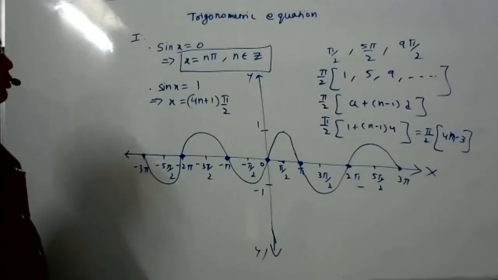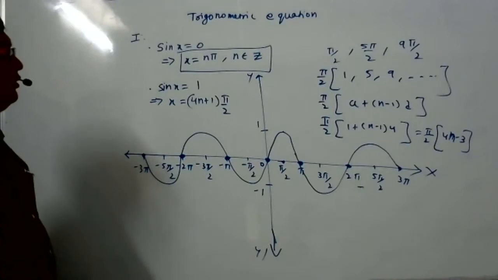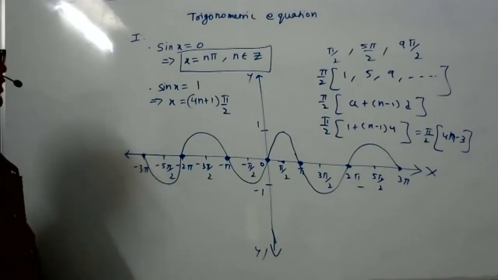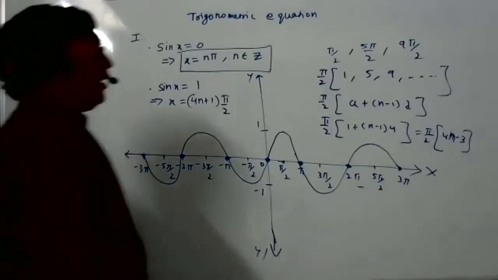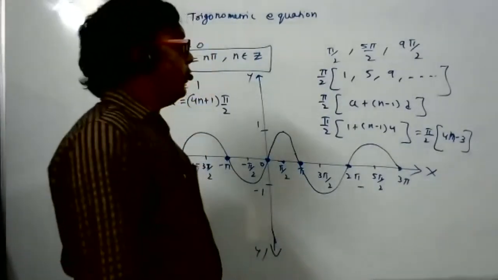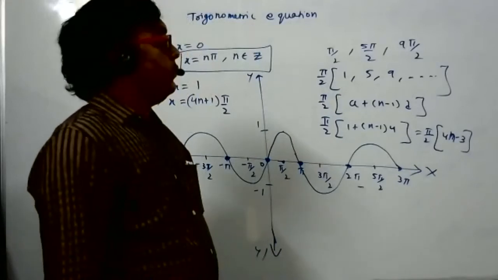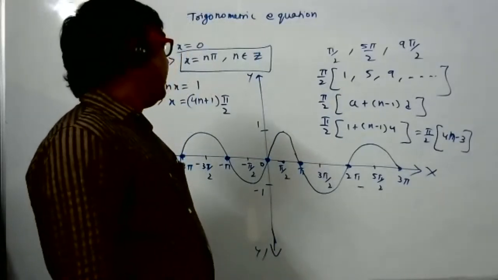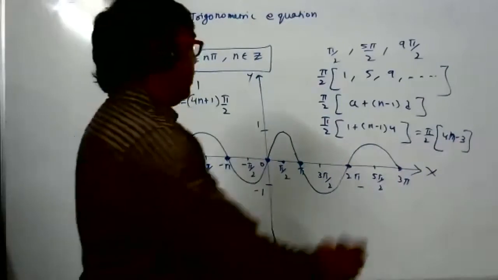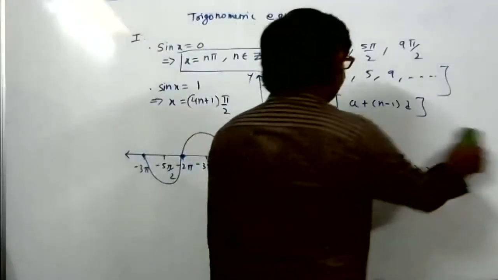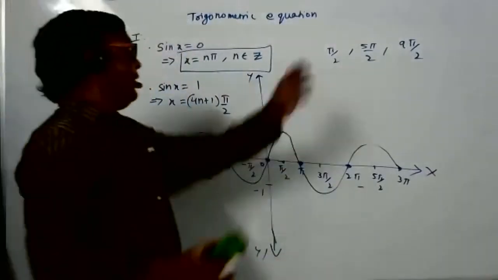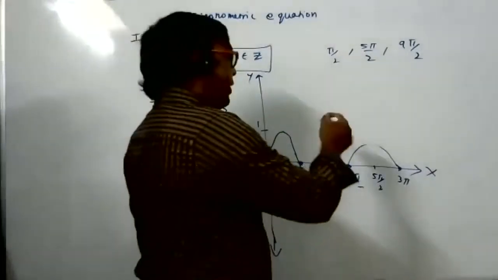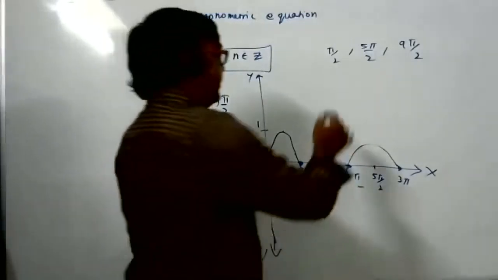Sir, but in AP we don't consider fractions or negative numbers, right? No, we can consider. Common difference can be negative also. Sir, n cannot be negative. So shall we do it orally only then? Yes, sir. We can do it orally. If something is there, I will teach in the next class. We should not waste time.